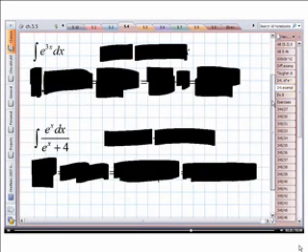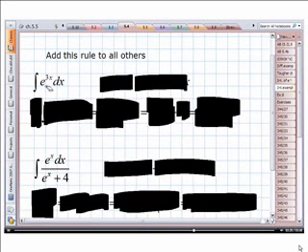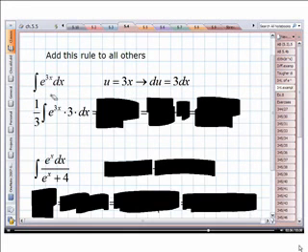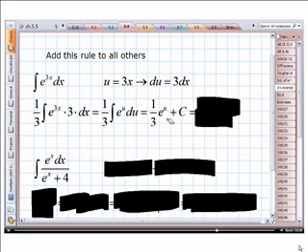So here's an example. If we have the integral of e to the 3x dx, we would just let u equal 3x, and therefore du is 3 dx. So what I need to do is have a 3 on the inside, compensate with a 1/3 on the outside. So this integral becomes 1/3 e to the u du when I make my u substitution, which is now 1/3 e to the u and of course plus c. It's an indefinite integral. And finally we write it as 1/3 e to the 3x plus c. So I would expect that you'd skip all this extra stuff in between, just go straight from start to finish. Once you've done this a couple times, it's pretty clear what's going on.